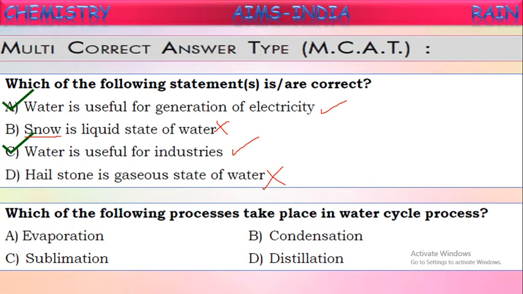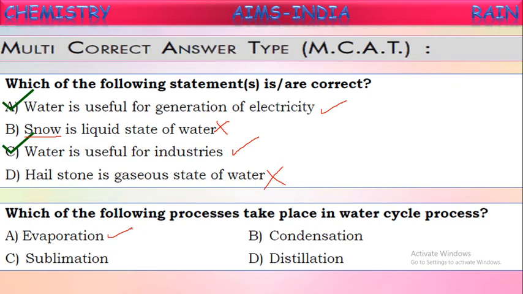This we call the water cycle. So what are the processes involved in this? They are asking here. First, what we told, the water from water bodies starts converting into gaseous form because of sunlight. What is this process called? Conversion of liquid water into gaseous form is called evaporation. So evaporation is involved in this cyclic process.